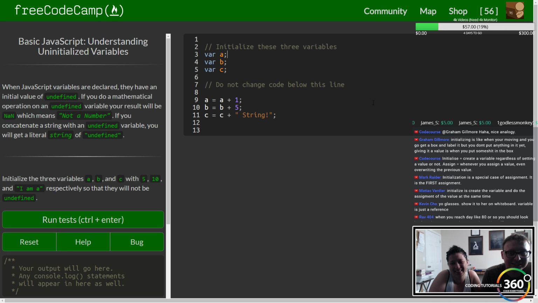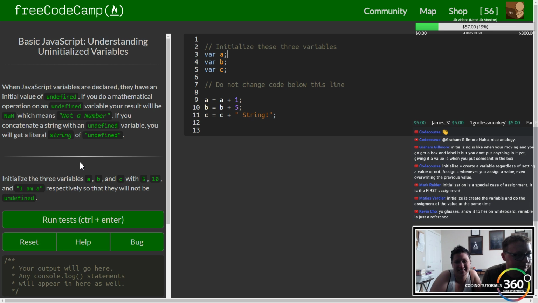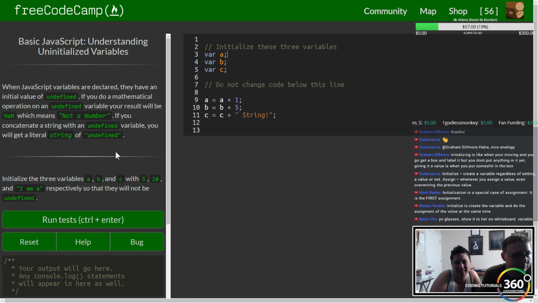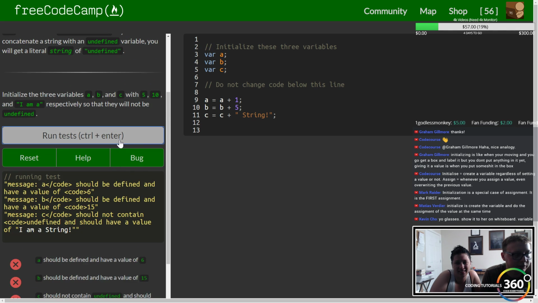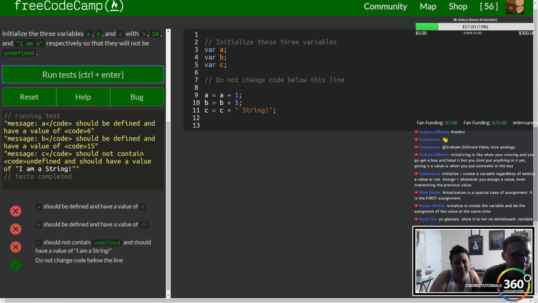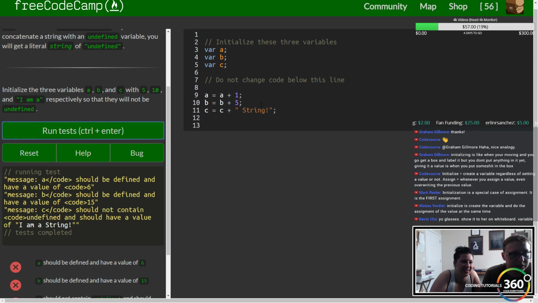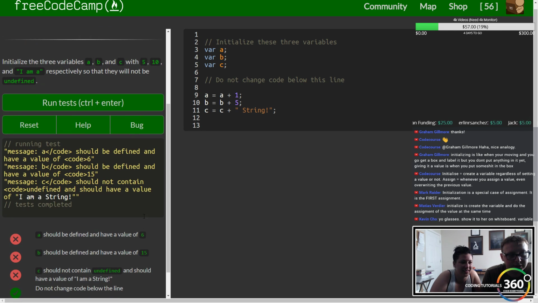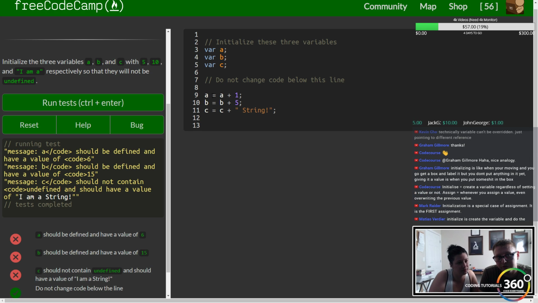All right. So when we run our code right now, you'll see that none of these are passing. And what we want it to do is, when we set the value, we can actually use our own variable in here to reset the value as well. So in math,